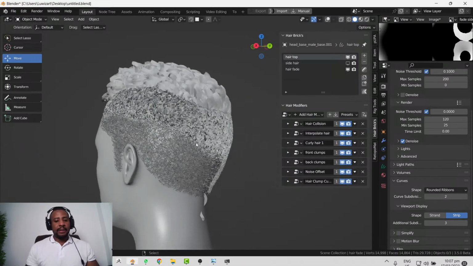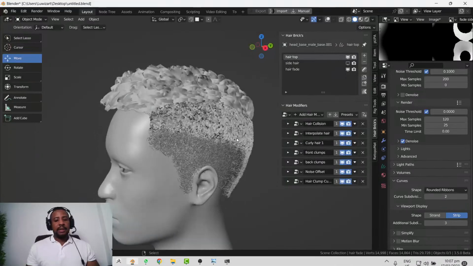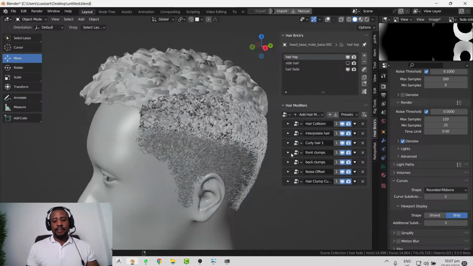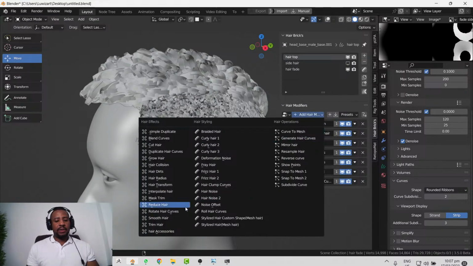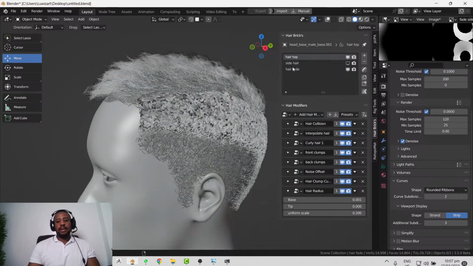So for the top hair, we can use set hair radius here, and then for the hair fade,